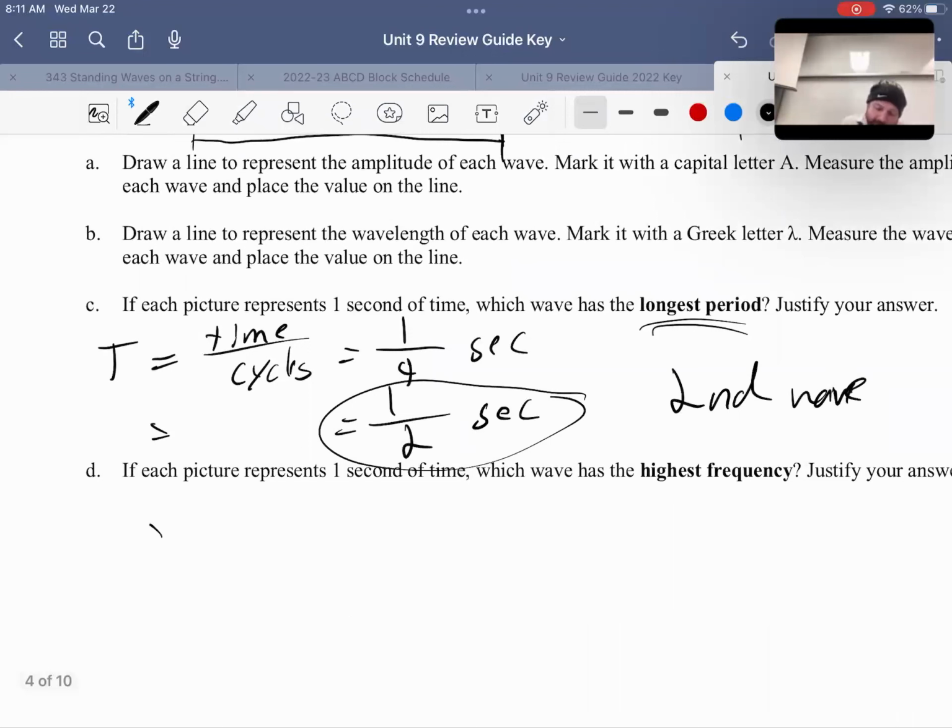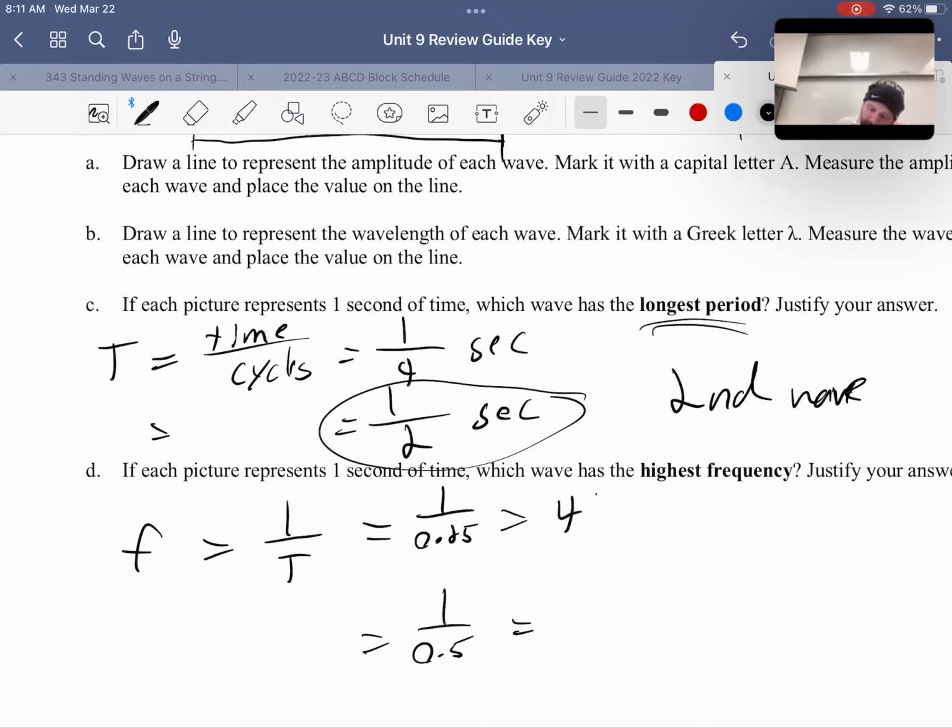And then frequency is just 1 over the period. And so for each of the waves, for the first wave, it would be 1 over 0.25. The second one would be 1 over 0.5, which gives me a frequency of 4 hertz or a frequency of 2 hertz. And so for this one, we're looking at the first wave has the higher